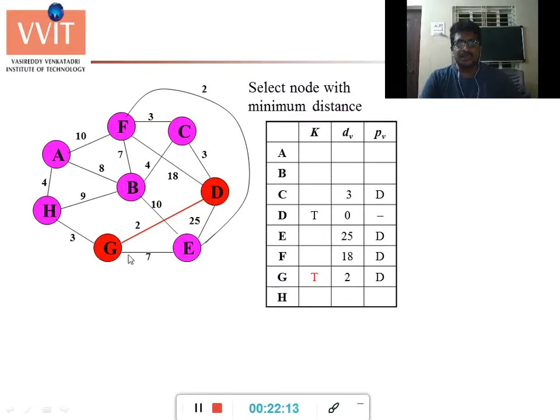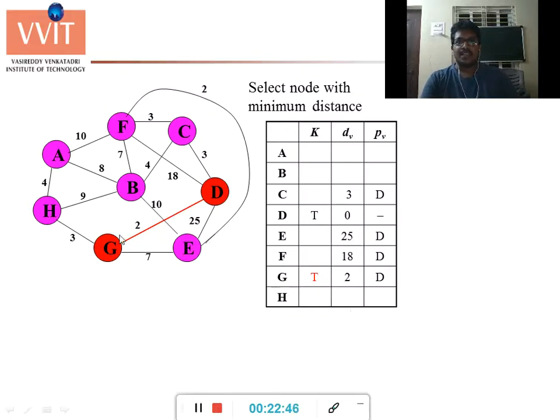Here from G to E, if you observe, it costs 7, but E already has 25, so we need to update it with this value G to E, because we are at G. From G we can reach E. Instead of going from D to E, I will go from D to G and then from G to E. So I need to update this distance table.